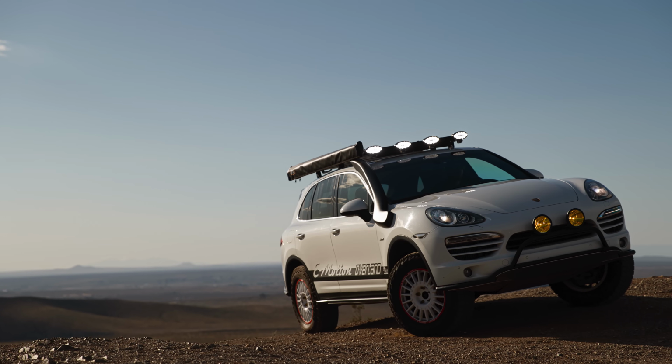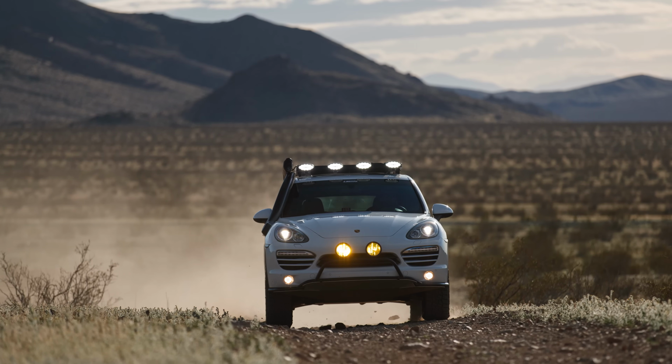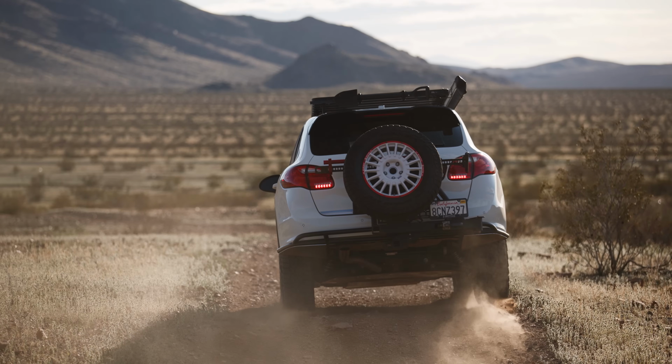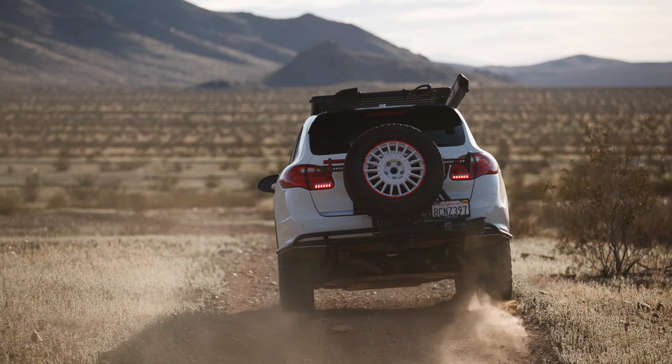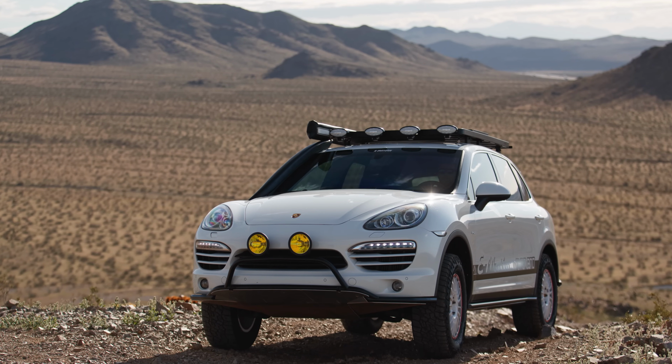cars, but they actually built the German military Touareg suspension, which the Touareg and the Cayenne and Q7 are the same chassis. So they got the drawings from back then and built us a set, or 3 sets, of these off-road triple adjustable dampers. So we got a 2-inch lift, which is as much as we can with the stock geometry, and then we